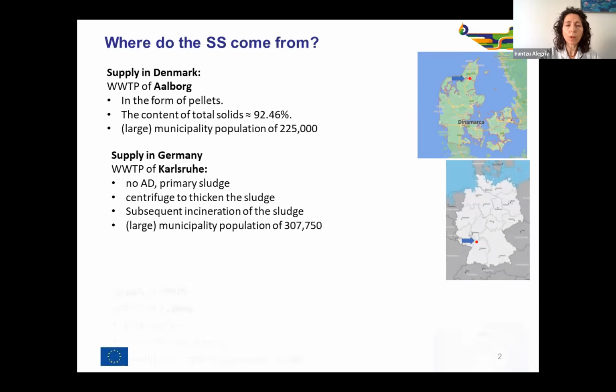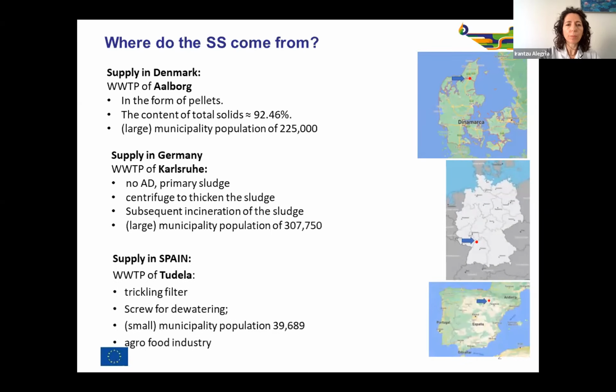And the third sample comes from Spain, from the north of Spain, from a small city named Tudela, that covers a population of around 40,000 people, and also collects water from the agro-food industry that is nearby. And this treatment plant has a treatment filter as a secondary treatment, and the sludge is... the water goes through a